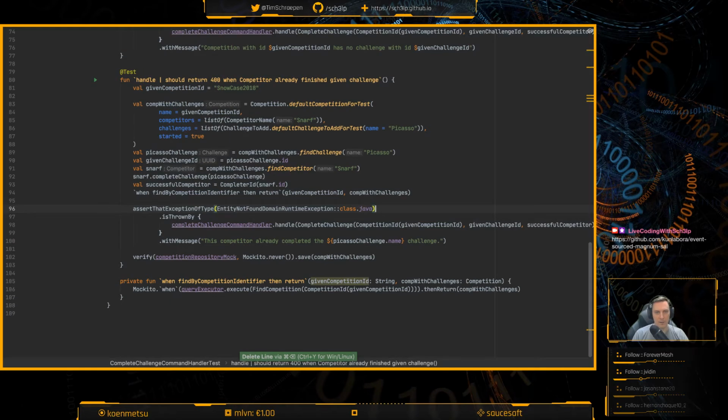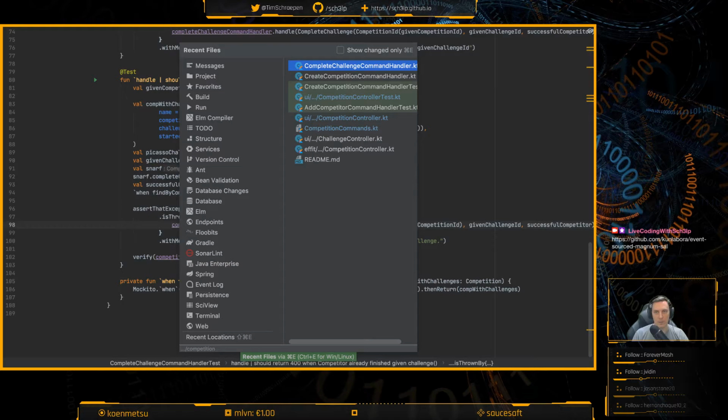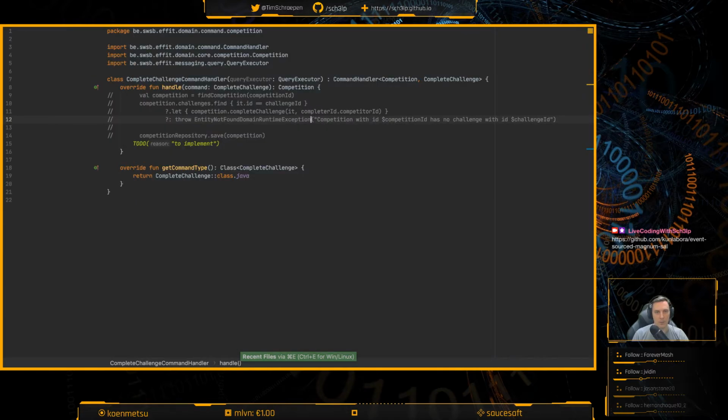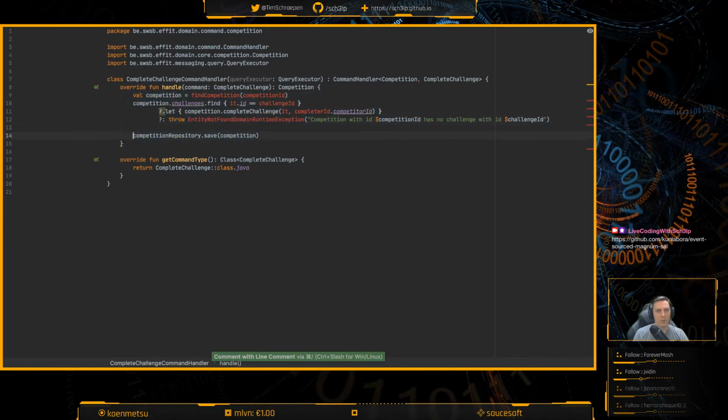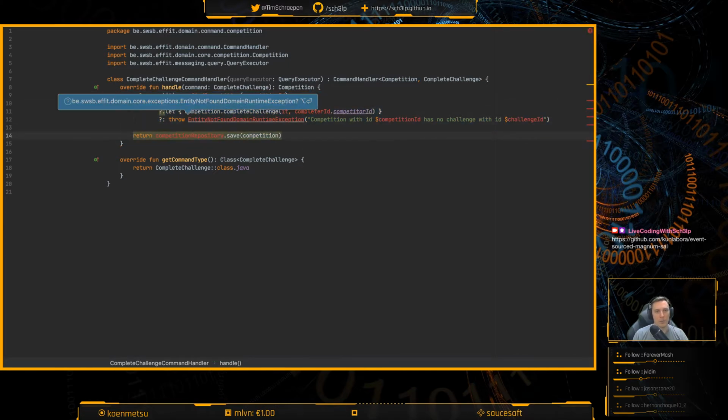Voila. And the entity not found domain is not the correct one. And that's probably because complete challenge throws something instead. Okay, so we can do this. And then what we can do is return this competition repository.